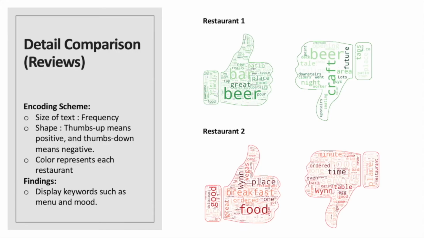I'm Yumi, and I will present the detailed comparison visualization after checking a user's preference by the rough selection step. The user can compare details through 2 visualization graphs. One is a word cloud to display positive and negative text from review comments. A word cloud displays how frequently words appear in reviews of each restaurant by making the size of each word proportional to its frequency. We provide 2 word clouds, positive and negative, to visualize more useful information for the